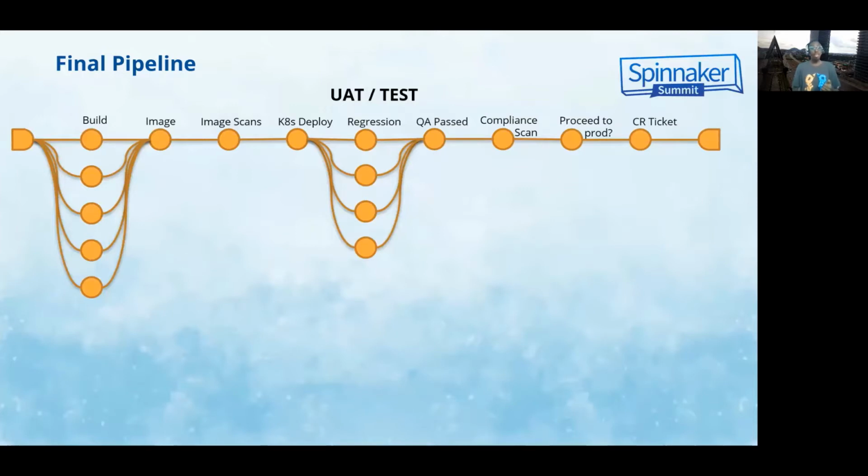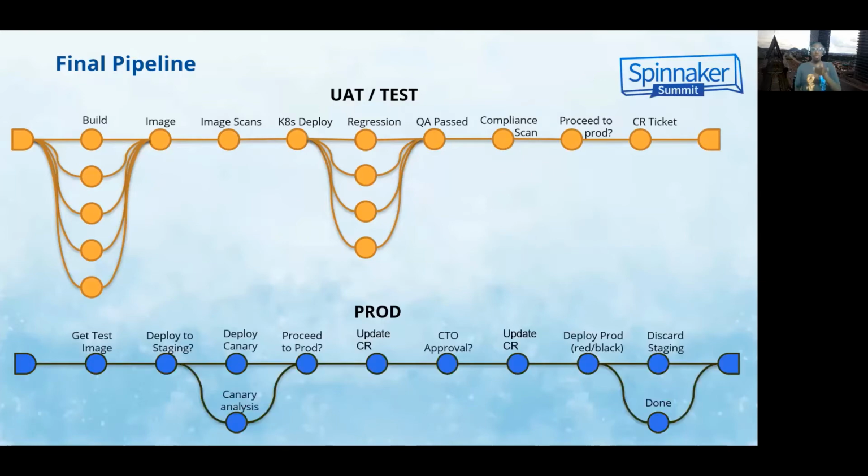So with our final pipeline looking like this for UAT, with all these different stages, and our prod pipeline looking like this for deploying to production environments, with the manual stages and the manual checks and updating the CR, I can say that for our pipeline, we've achieved the goal of being compliant and fitting